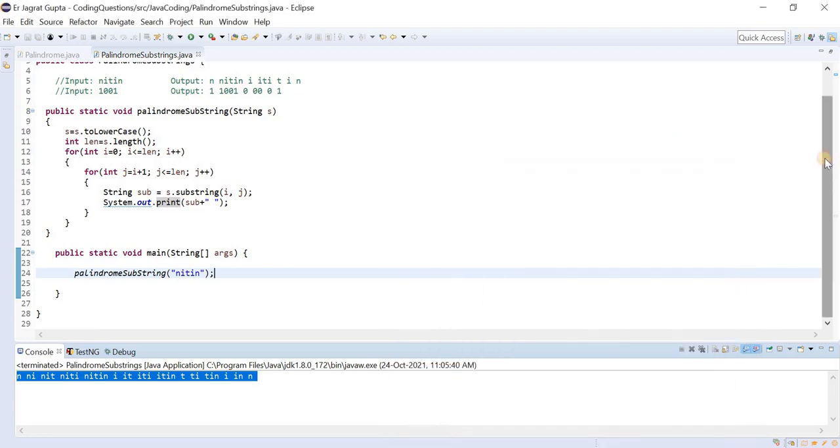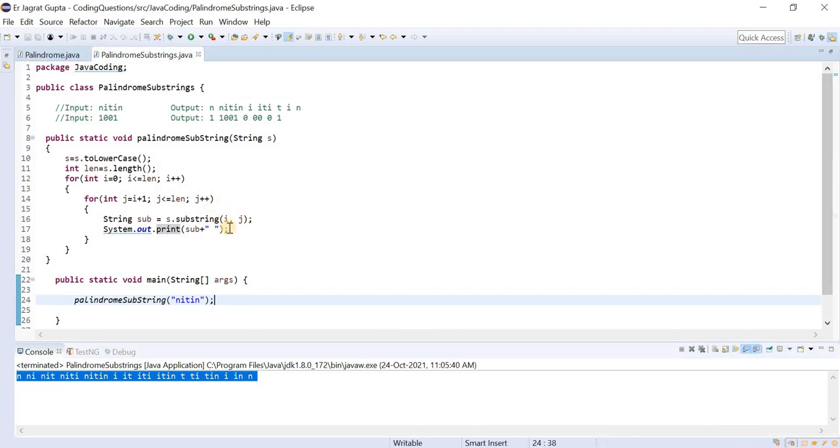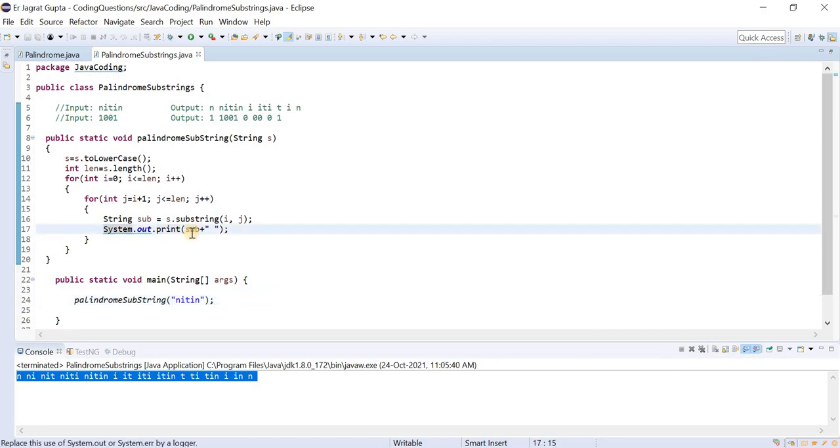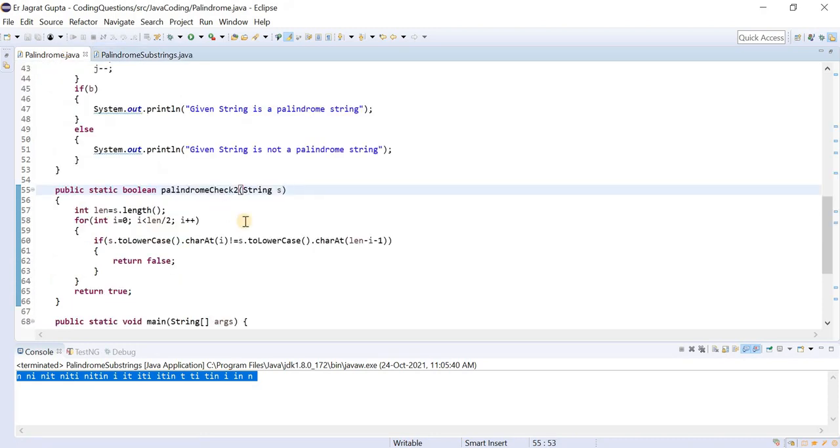So now what would be our approach? From here we already identified all the substrings. So from here, if we apply the check for the palindrome, then we can print only those substrings. This would be our approach. In the previous session, I told you I prepared one method to check for the palindrome. If you did not watch my previous session regarding the palindrome, please watch it. I told in that session so many approaches to check whether a string is a palindrome or not.